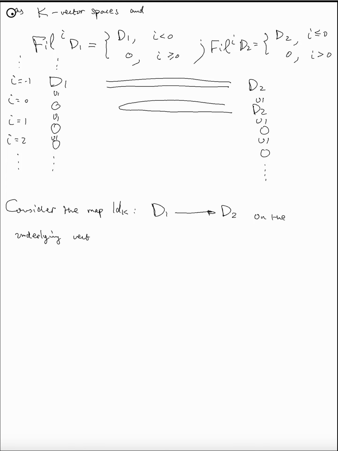Underlying vector spaces. So we set small f to be the identity of K, which means we set f to be this just constructed map, and we observe